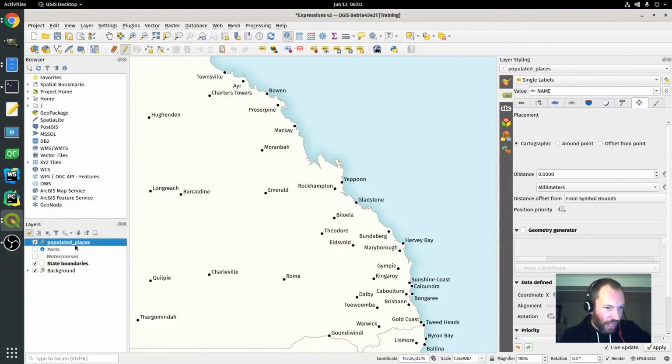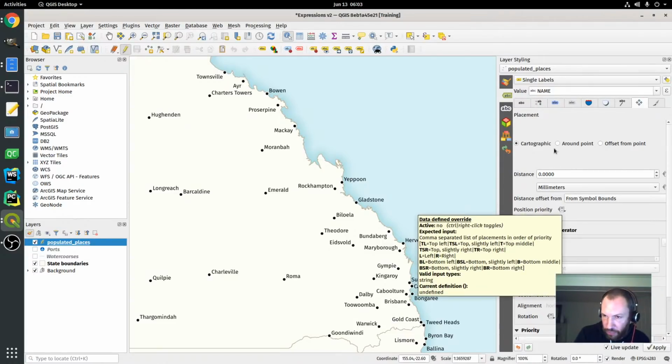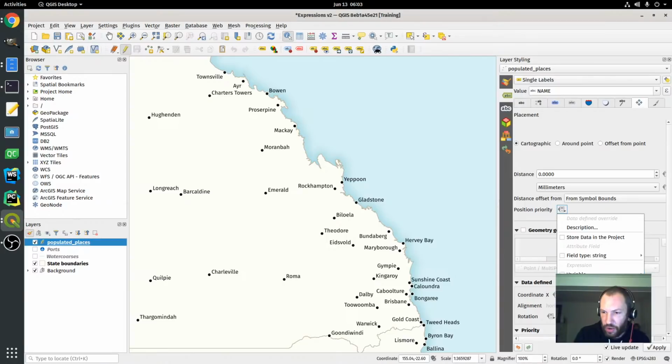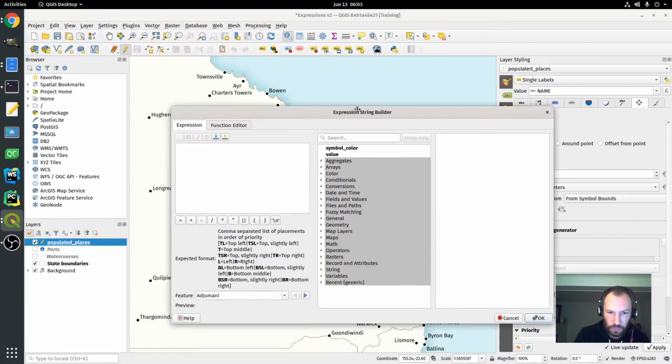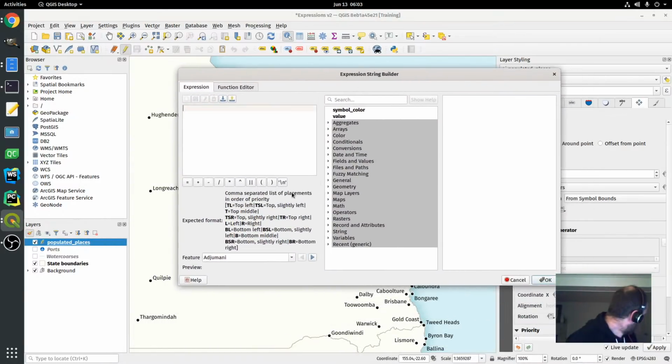But anyway, so now we've got an is coastal field in this layer. And I'm going to set this up. So I'm going to say in my label for my places under the placement tab, when I've set this to the cartographic mode, there's this option here that I can set as a data defined setting for the position priority for my labels. So I'm going to go in here. When I look in my edit there,